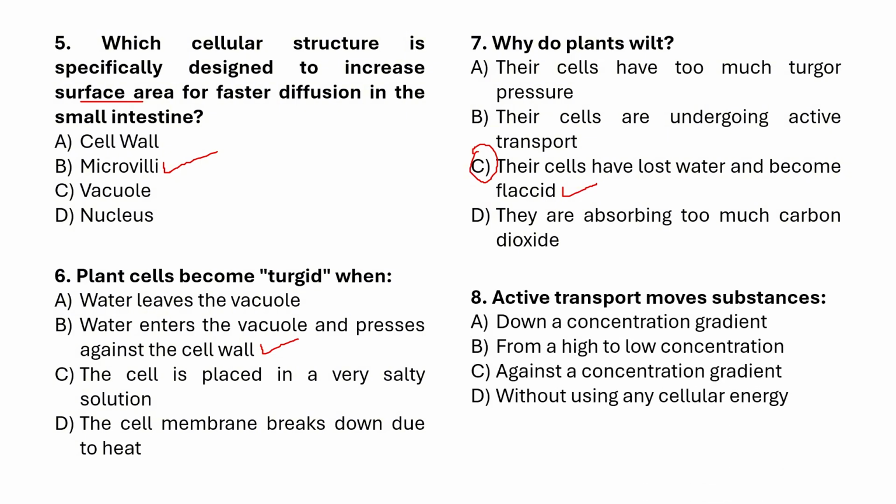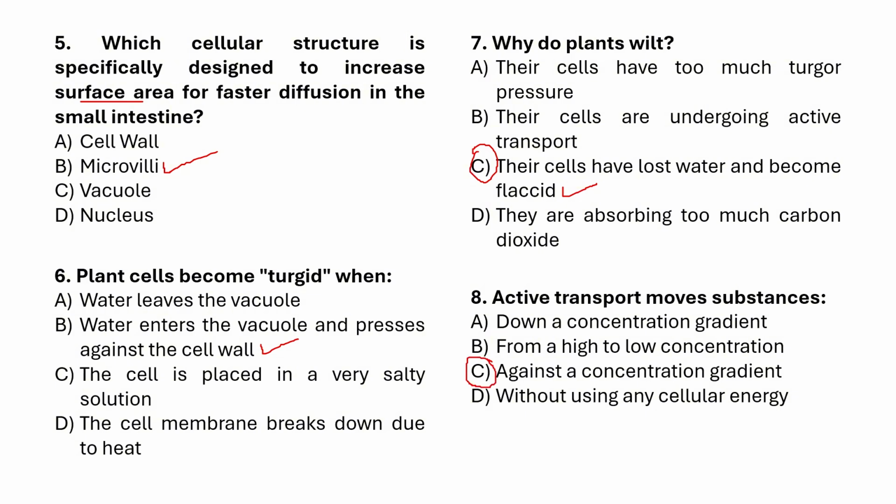The next one is, active transport moves substances. How does that happen? Down a concentration gradient, from high to low concentration; against a concentration gradient; and without using any cellular energy. This is quite easy for you. I'm very hopeful that you have given the answer in the comment section. The answer is